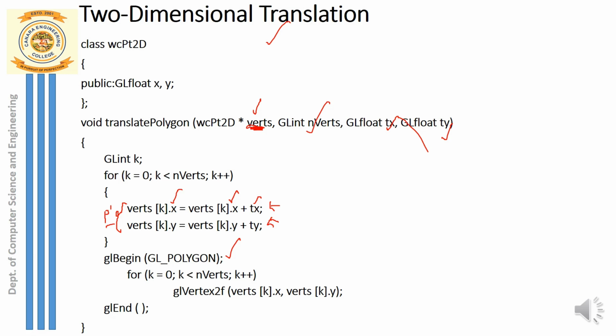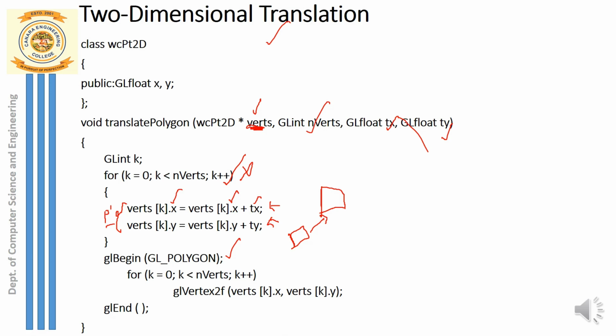See here, in each iteration a particular single point is drawn. So if you want to simply display a single point, you don't have to use this for loop. Since I'm displaying a set of points here, I'm going to use the for loop. So finally, it is a polygon that you are supposed to draw over here. If I have to shift a polygon from the old position to the new position, it is not only one point that you have to shift. Here all 4 points you're supposed to shift.